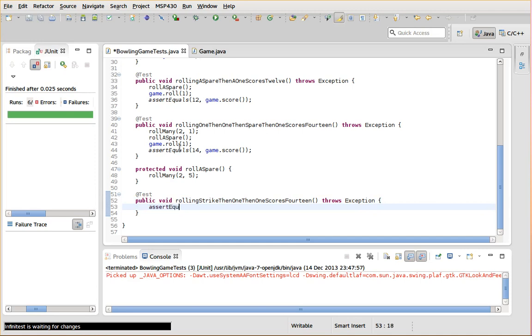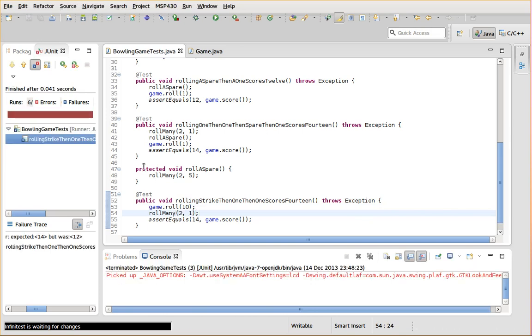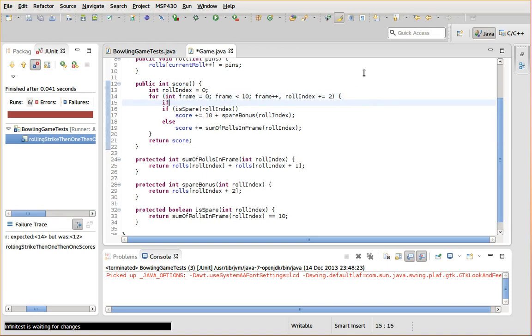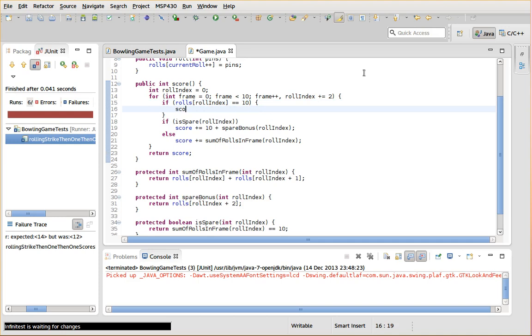So let's write our assertion. We want to roll a strike, or score a strike, then roll 1 twice. So we get 12 instead of 14 as we're not applying the bonus. So if we find that we've scored 10 in one roll, then we increment the score by 10 and by our bonus as well, which is